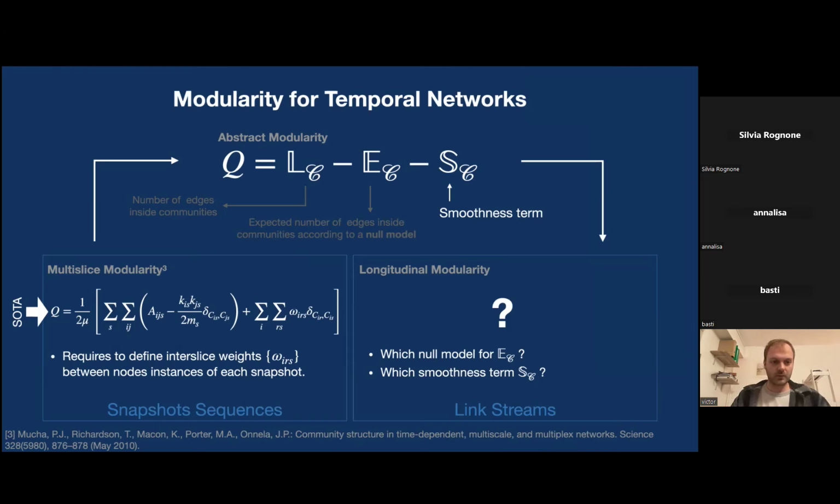So you cannot take that formula and use it to judge two different community structures on the same temporal network modeled as snapshots if you change the temporal edge weights. So this is why we can say that it is not exactly a quality function, in my opinion. But still,